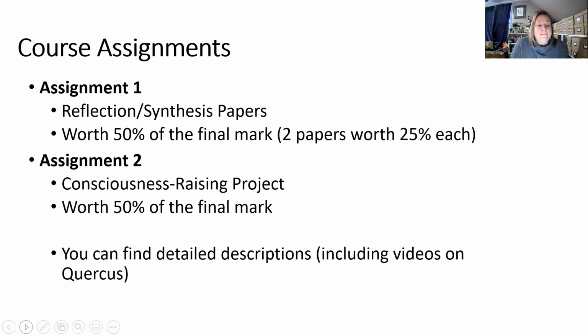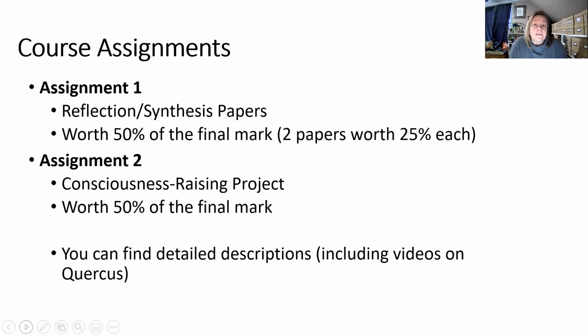Course assignments. There are 2 course assignments in the course. Assignment number 1 is reflection or synthesis papers, and they're worth 50% of the final mark, and it's 2 papers that are worth 25% each. And those papers are due on March 28th, and they are based on, like I explained a little bit earlier, those guest speaker sessions. And you'll have the opportunity to choose to respond to 2 of the 5 guest speaker sessions,